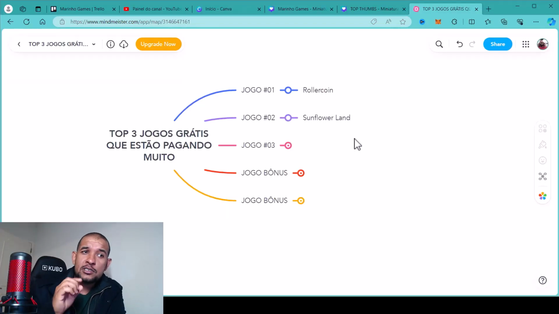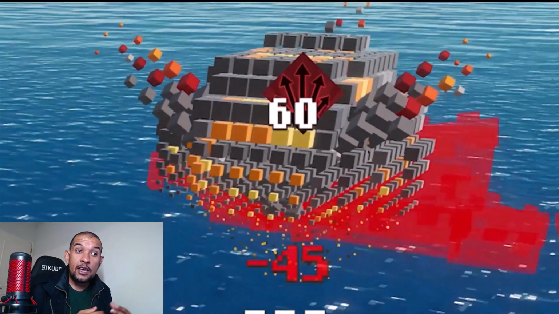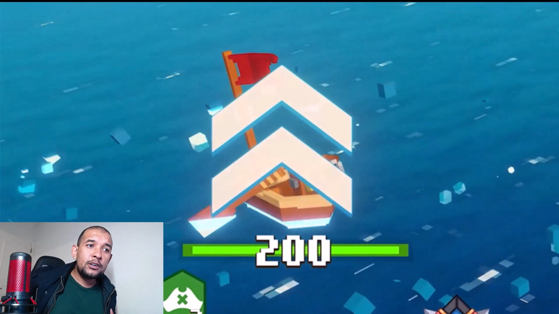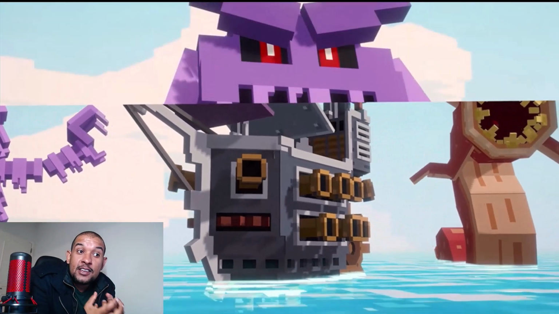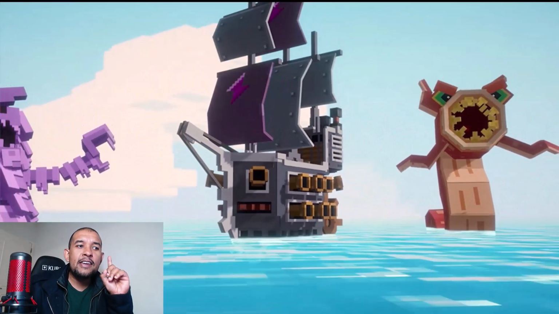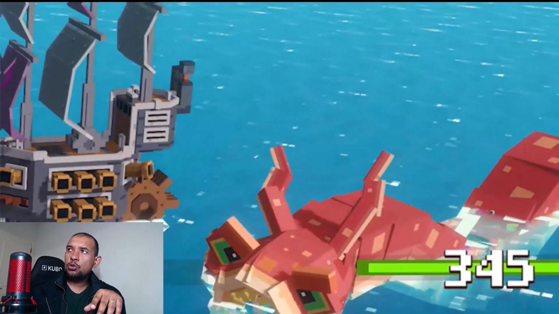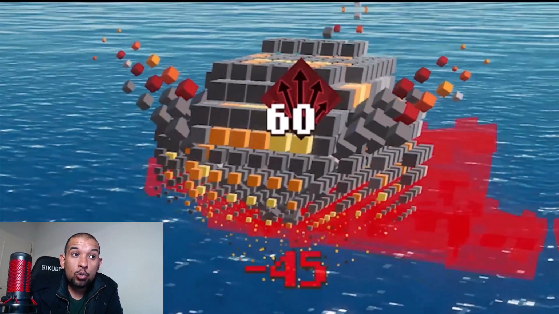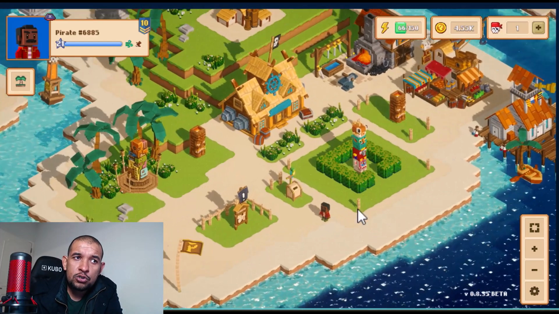Then, the third game on this list is Pirate Nation. Pirate Nation is a really cool little game. It was launched recently and it's 100% free. However, the only problem is that they haven't released access keys for everyone yet. They have a waiting list of over 300 million people. That's a lot of people waiting, so it's worth keeping an eye out, being part of their Telegram or Discord,